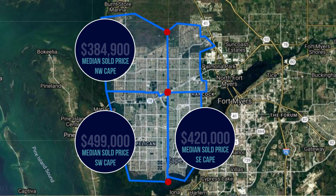Something I do want to point out though, this section of Cape Coral does not have any townhouses or condos for sale. So we're talking only about single family homes. For those who want water footage, the median sales price in this area ran just over $615,000. And on the reverse of that, the median sales price for a dry lot was $371,500. A pool home's median price point was $550,000, and for a waterfront home that also had a pool, expect